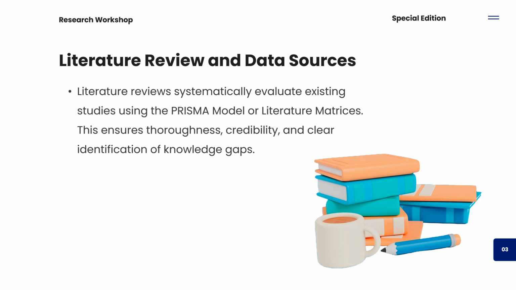And what does this mean? Reviewing literature is not any big English. It's just perusing, checking out existing works that have been done related to the keywords in your topic. So what are the existing works that have been done by previous scholars, by previous researchers? And there are systems or models that you can actually apply. We have the Prisma model and we have literature matrices.